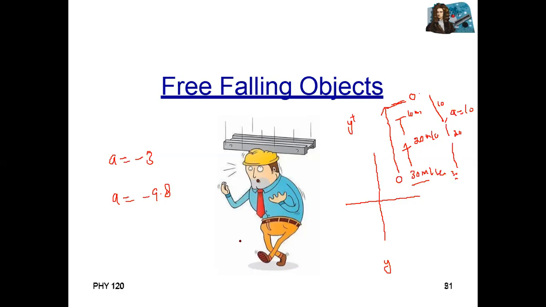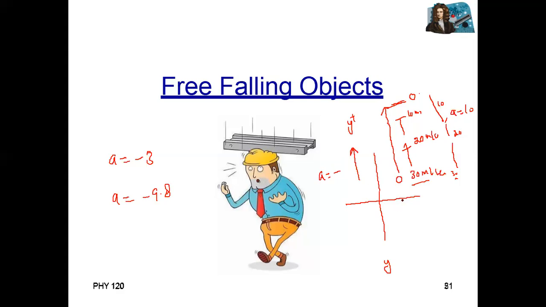So when it is moving upward, the direction is positive, y positive, but the speed is decreasing. When the speed is decreasing, that acceleration is called deceleration, so the acceleration is minus. So minus 9.8 or minus 10.